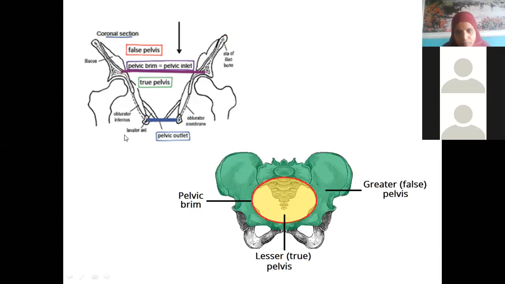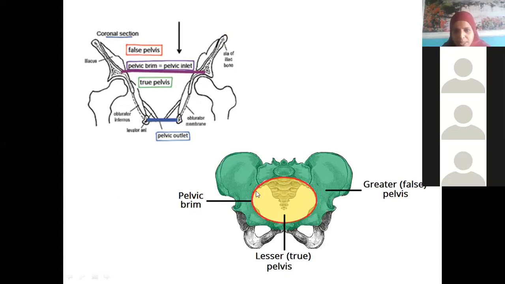Now, see here. Are you able to see the pictures now? Are you finding this round line, which is called the pelvic brim? Now, let us see how to draw this pelvic brim. What is this point? I told you, sacral promontory, isn't it? Sacral promontory. Do you remember I told you this as the iliopubic eminence?